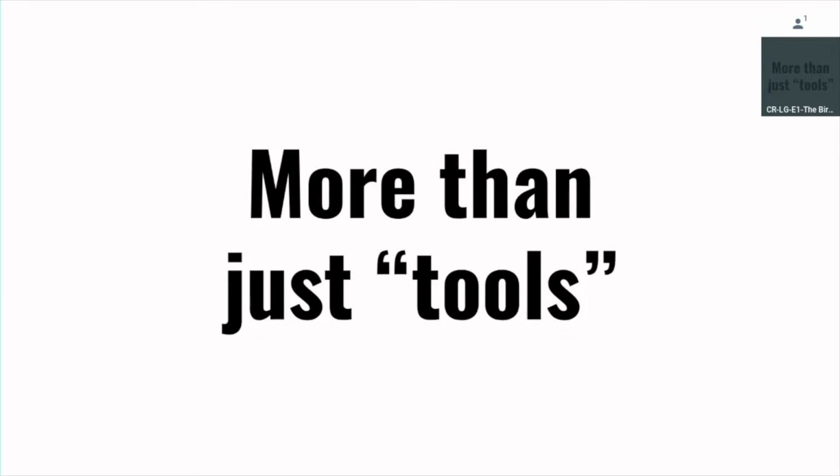But at least for me, I kind of had a problem with the word tools. And this is a bit of a branding thing for sure. And maybe it's not something you need to think about, but for me, it was kind of important. The term tools feels very limited and it feels very reactive. A good way to think about this is,